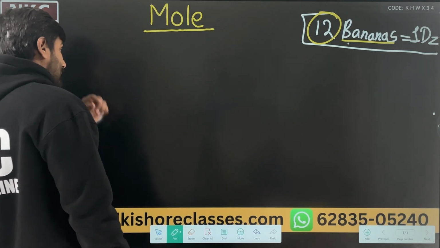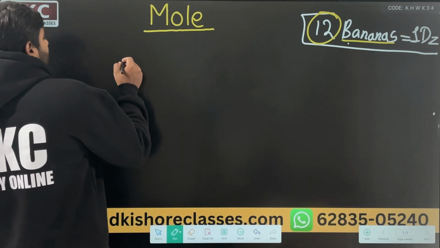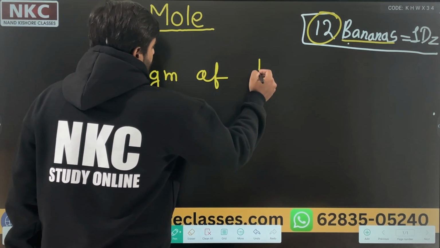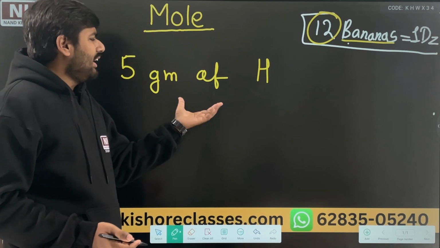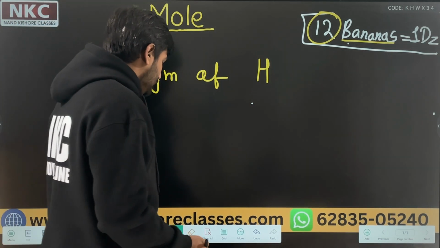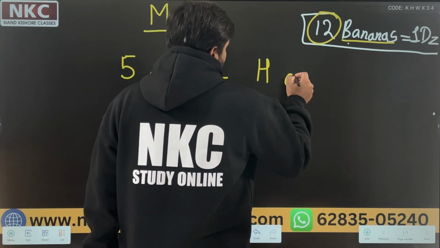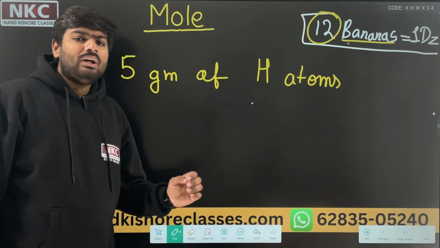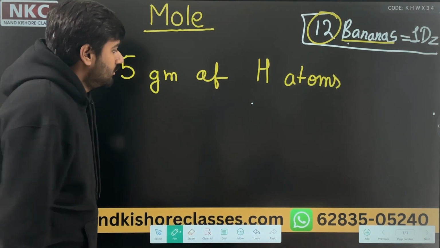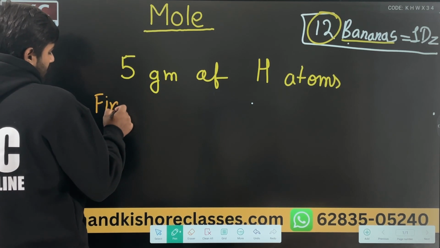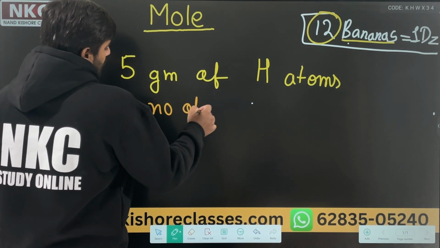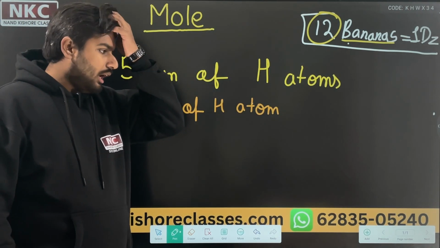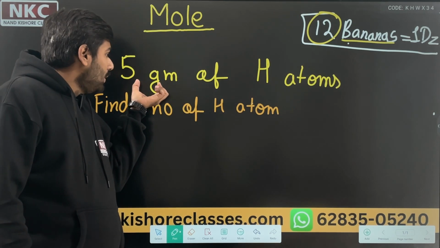Okay, let us take an example. Suppose we have 5 grams of hydrogen atoms. How much? 5 grams of hydrogen atoms you are having. And the question asks to find the number of H atoms. So see, dear students, how we relate mole with the amount, or you can say